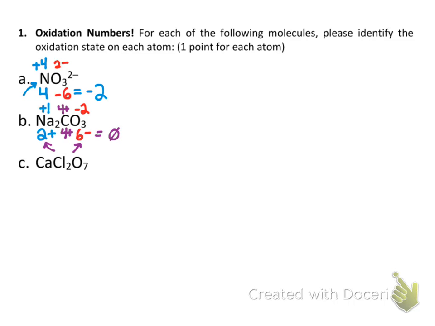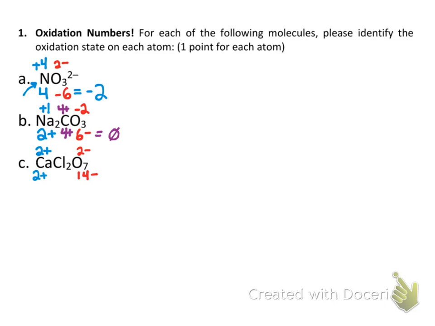Okay, and then finally, that leaves us with this last one. So we have a group 2 metal in here, and group 2 metals are kind of like group 1 metals in that they're very narrow in the oxidation states they can take on in a compound. So our calcium is going to be +2. There's only one of them, so it's a total of 2 positive. Each oxygen is -2, and there's 7 of them for a total of -14,